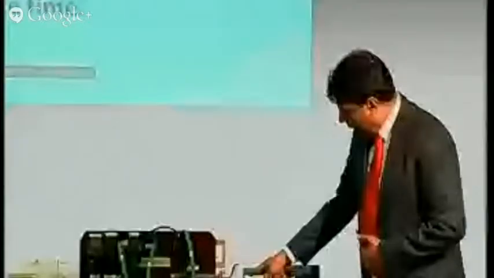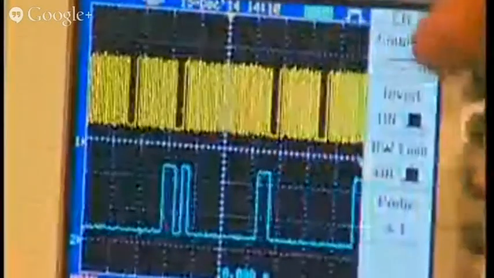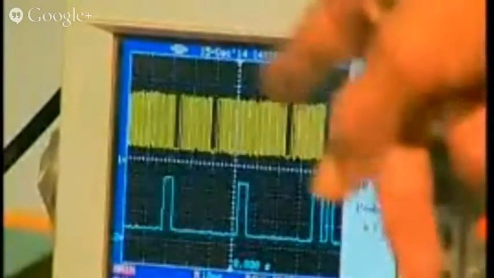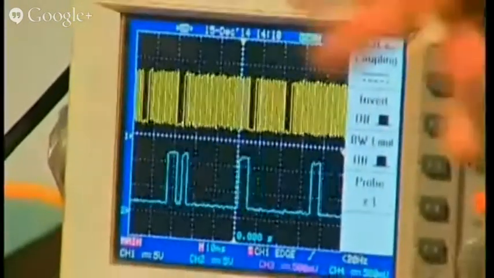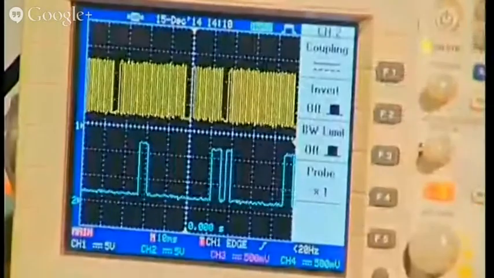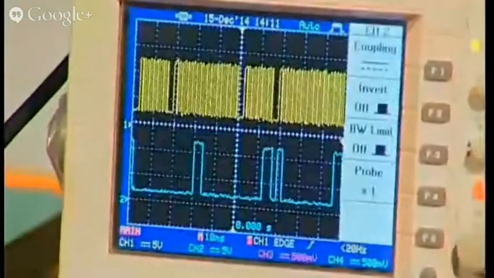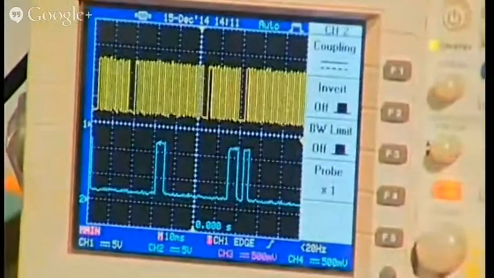The upper yellow line, you can see, you can even count it. There are 36 pulses here. You can see the number of pulses on the board here, and the bottom side is giving the cam sensor output.